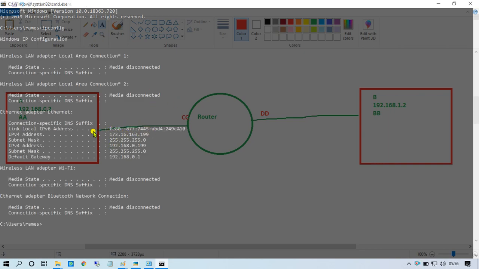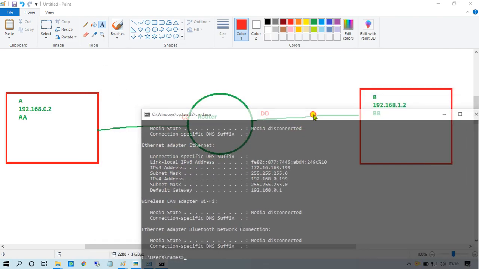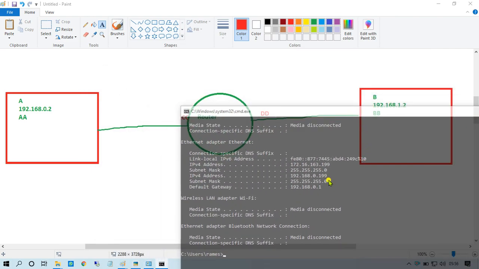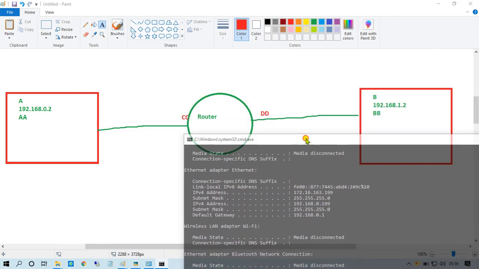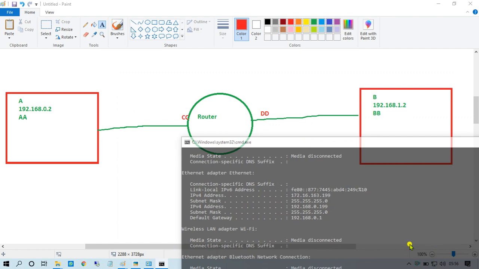You are not able to see properly, so let me zoom in. Which interface have we connected? We have connected with the Ethernet adapter, which is Cat6. The link-local address is IP version 6.